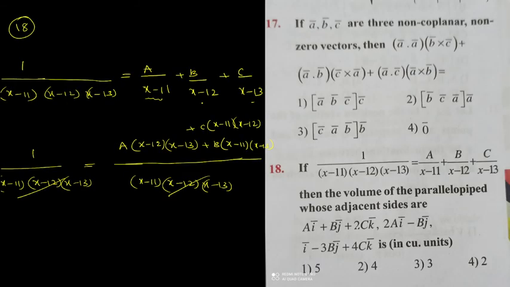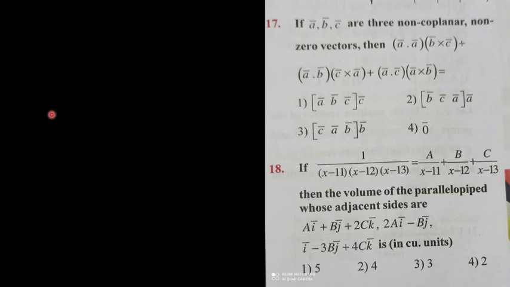Observe this: these three vectors are adjacent sides of the parallelepiped, and they are asking for the volume. How to find the volume? The formula is the modulus of the box, the determinant of a, b, 2c. So write the volume of the parallelepiped now. Volume V equals the modulus of the determinant with rows a, b, 2c.